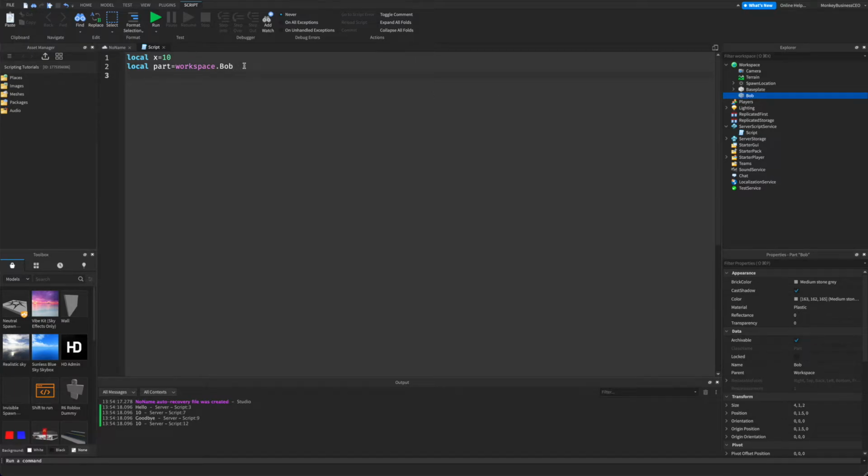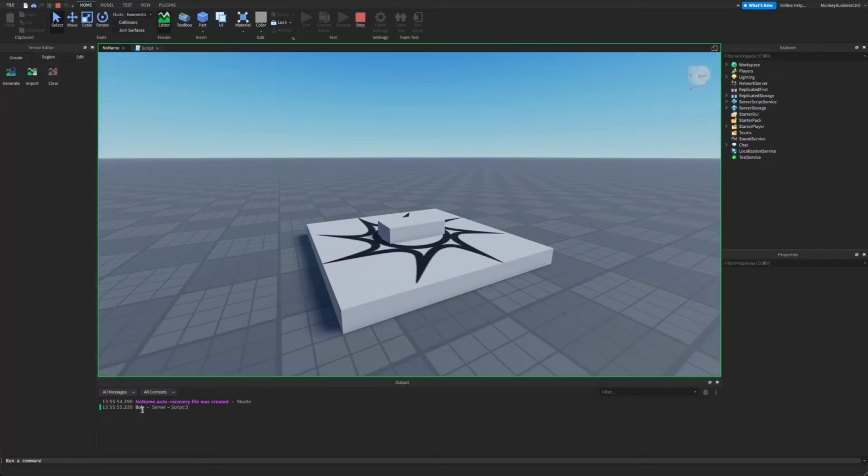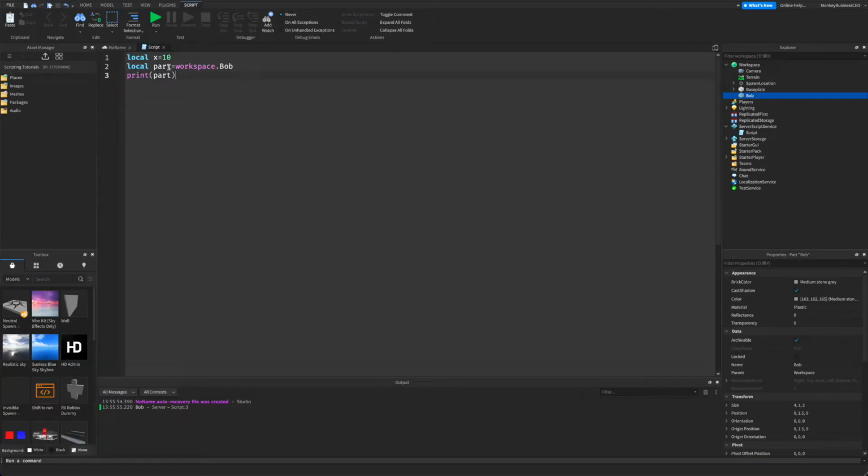So now if I do print part, it's going to print Bob. As you can see, it has printed Bob, because that is what this part is equal to. So I can change the name of this. I can make this equal to Bob and then just copy and paste that here. It will still print Bob, but then we want to change this part's name to, let's say we want to change this to be called